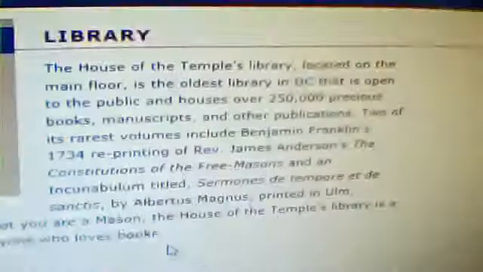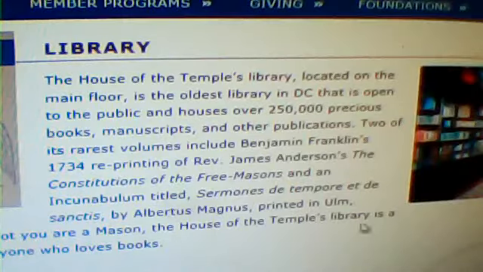What do we have here? The House of the Temple's library, located on the main floor, is the oldest library in D.C. that is open to the public and houses over 250,000 precious books, manuscripts, and other publications. Two of its rarest volumes include Benjamin Franklin's 1734 reprinting of Reverend James Anderson's The Constitutions,